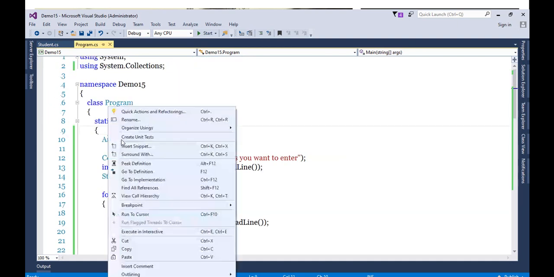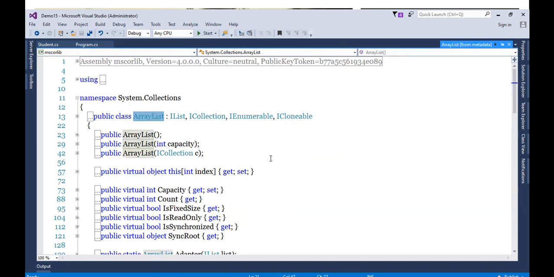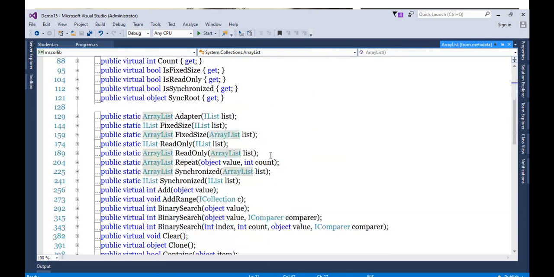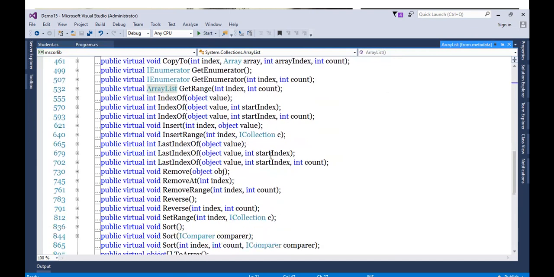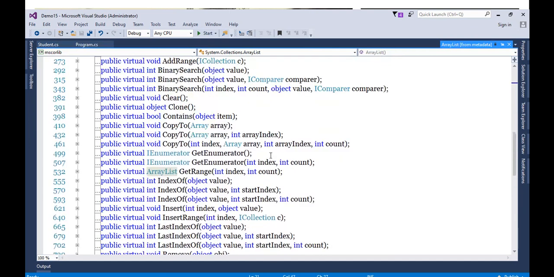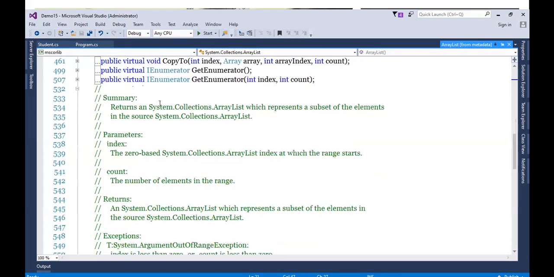Let's watch out. So if you go to definition, you can watch out. There is one method available, and the name of that method is GetRange. You can watch out. So if you read the description of this GetRange, what GetRange is doing, it returns an array list which represents a subset of elements in the array list.